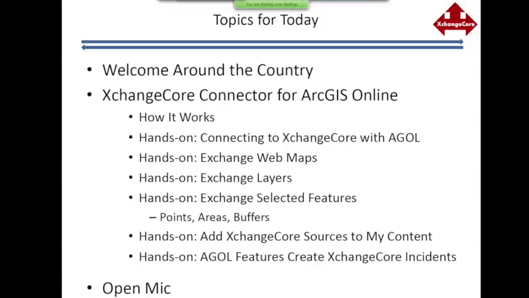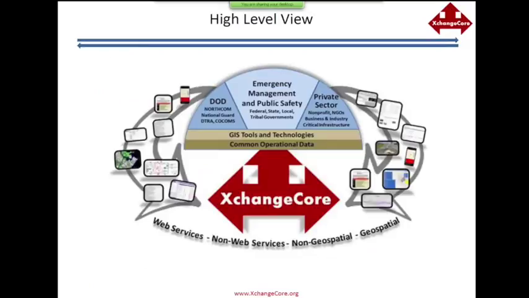You've got lots of different organizations, military, emergency management, private sector, and all of them produce lots and lots of information. Today we're focusing on the geospatial kind of information. That information comes out of all their individual systems, goes into XchangeCore, where it is turned into common operational data, where we merge web services and non-web services, and geospatial and non-geospatial, put that common operational data into content packages